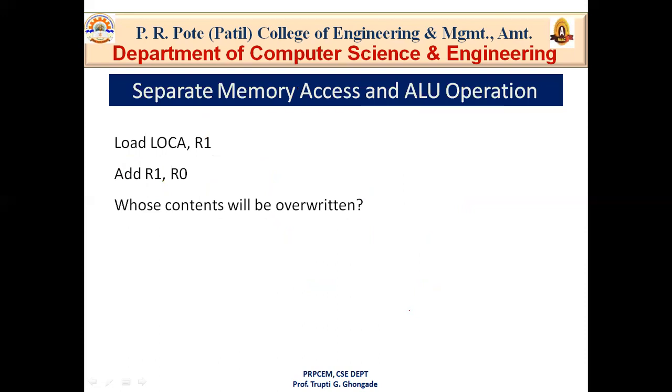Okay, so the first of these instructions, that means Load location A comma R1, transfers the contents of memory location A into the processor register R1, because I told you this is the source and this is the destination. So in CAO, computer architecture and organization, in every instruction we have to go from source to destination. So in this instruction, we are transferring the contents stored at location A into the processor register R1.